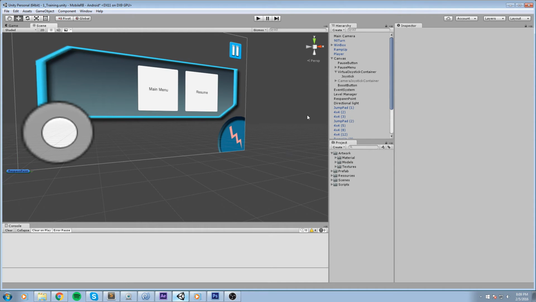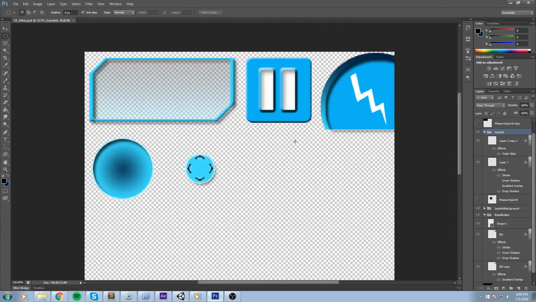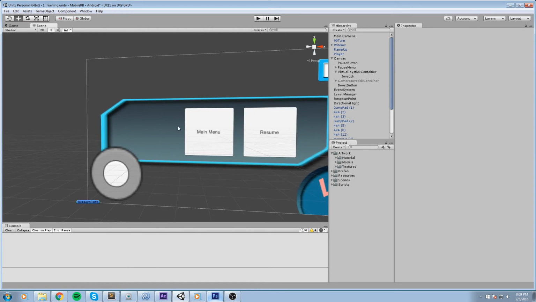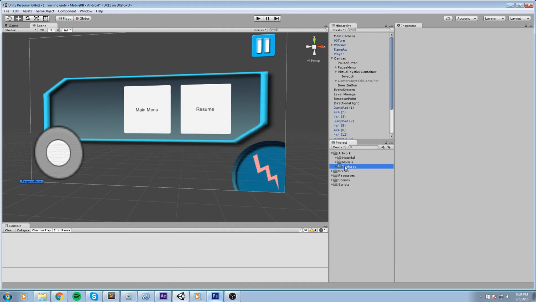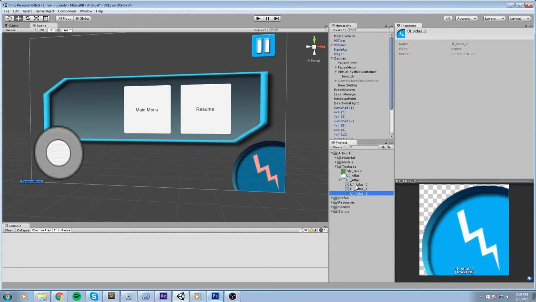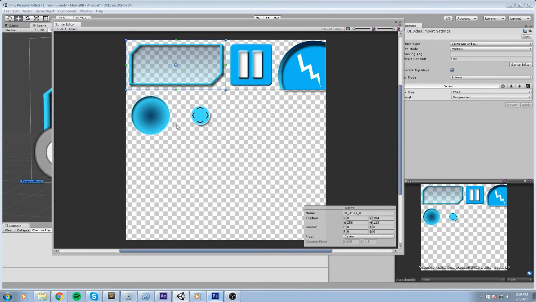And now for some reason the alpha has been fixed, and I'm not quite sure why, but as you can tell, there is alpha here, and there should be alpha on this as well. Right. Now let's go inside of texture. As you can tell, we have this guy, and this guy, but we don't have the 2 new ones. So what we'll do is select the root of UI Atlas, and we'll hit Sprite Editor once more, and then